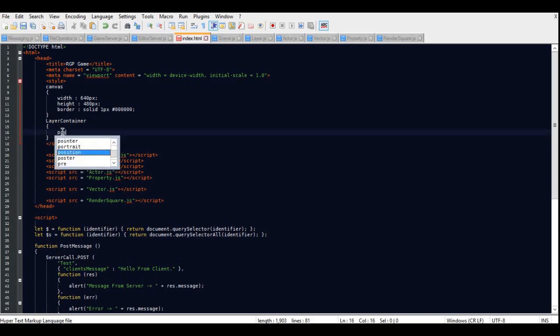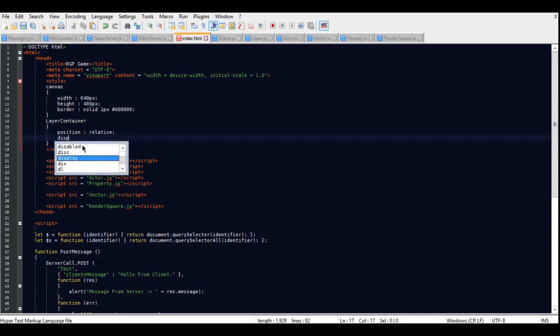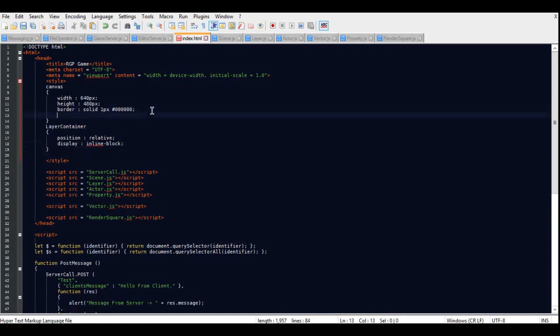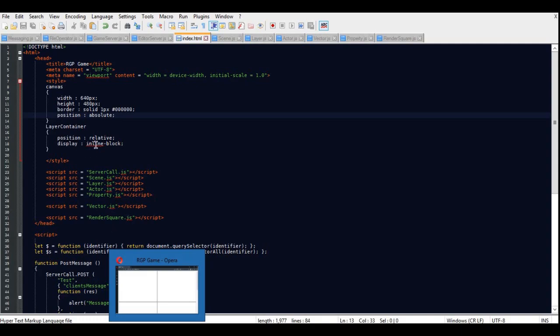Layer container will have position relative, inline block, and the canvas itself needs to have position, I believe it's absolute. Could have got these backwards, but I think it's the right way around. Pretty sure absolute locks into wherever the relative is. So if we refresh that,